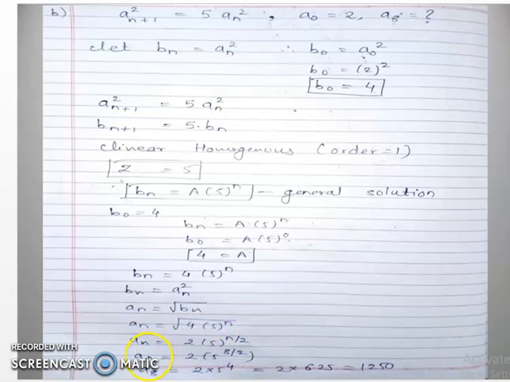Then we have to find the a_8 value. Therefore, a_8 = 2 times 5 raised to power n by 2. We put n = 8, that is 5 raised to power 8 divided by 2. 2 ones are 2 and 2 fours are 8. Therefore, we get a_8 = 2 multiplied by 5 raised to power 4. To find the value of a_8, we calculate 5 raised to power 4, which means multiplying 4 times. This calculation answer is 625. That is 2 multiplied by 625, so the final answer for a_8 is 1250. This is the solution of the given question.